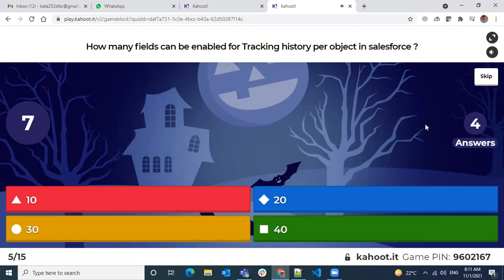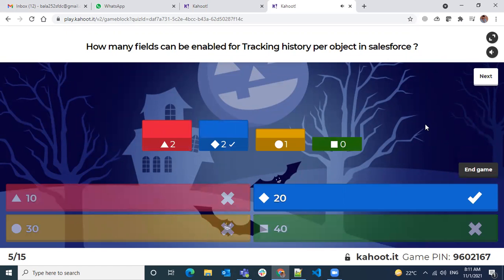That's why I gave double points for this one. Okay, great, two answered it correctly. Whether you know or guessed, we can track up to 20 fields per object, or you can enable field tracking history for 20 fields.